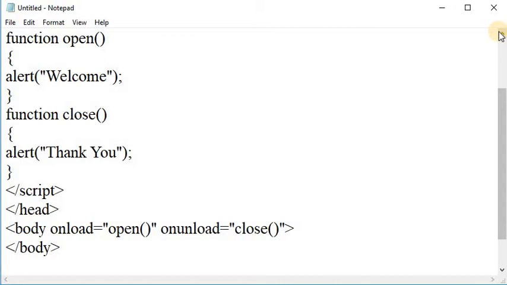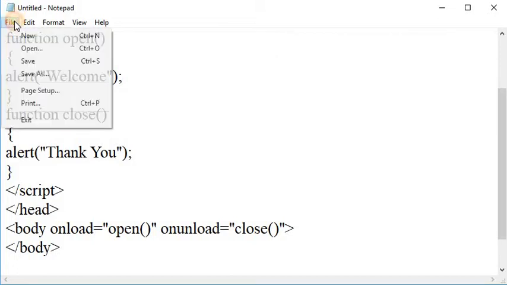You want the code of the open function to be executed when the HTML body is loaded in a browser, and you want the close function to be executed when the HTML body is unloaded in the browser. Let us see the output of this program.